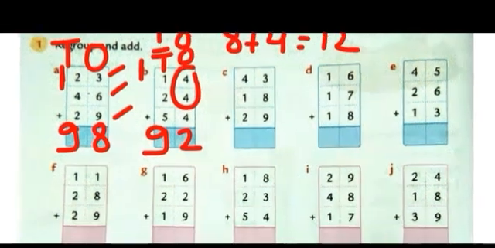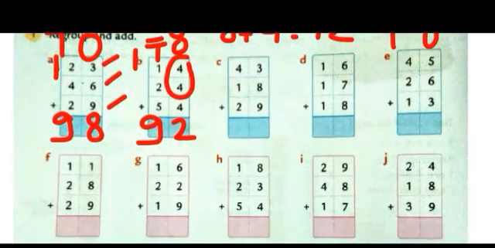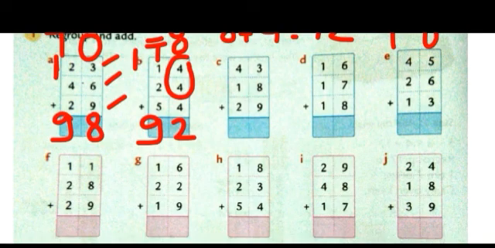Okay, now we'll do E. This is the ones column and this is the tens column. What are the numbers given here? 5, 6 and 3. You can choose any method. I'm simply adding it, but now you know how to add using those methods, okay?